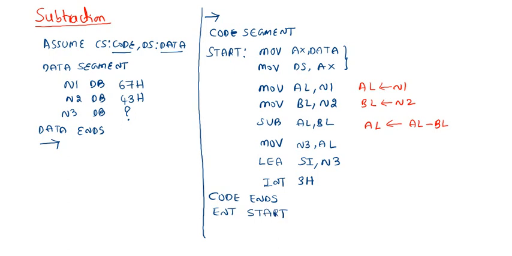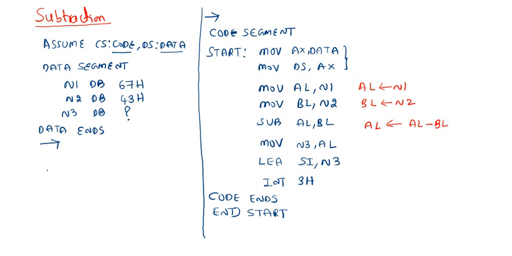Here you can use any label, but if you are using the start label, it is appropriate for this to indicate the start of the program. You can use any other label also. Here you need to write END START. So this is the program for subtraction. So let us see the compilation, the manual compilation.